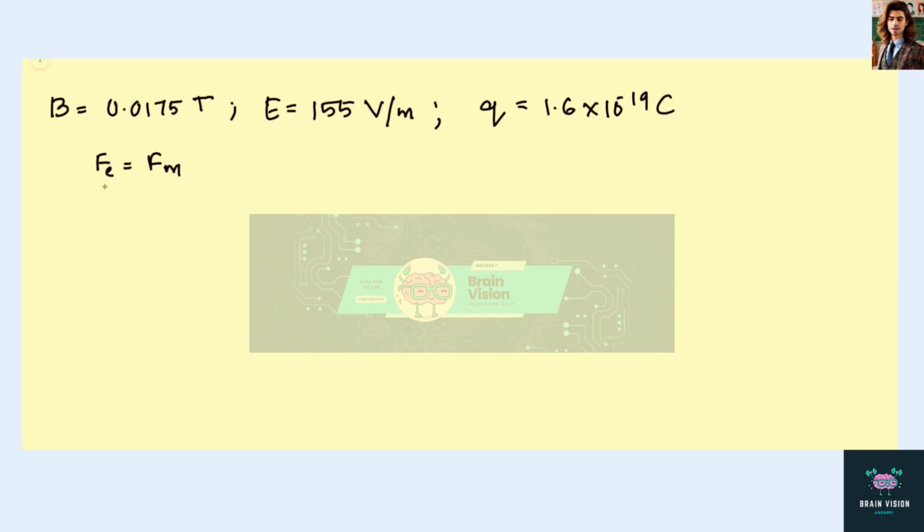So the magnitude of the electric force is equal to the magnitude of the magnetic force, and so this gives q times E is equal to q times velocity times B. There is no sine phi because velocity and magnetic field are perpendicular. So this gives the electric field to be V times the magnetic field. So from here we can calculate the velocity, which is equal to E over B, and this is found to be,